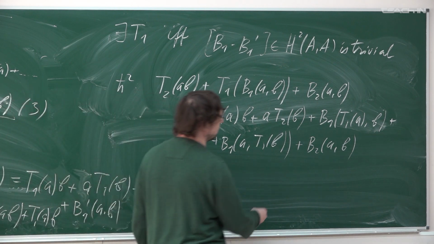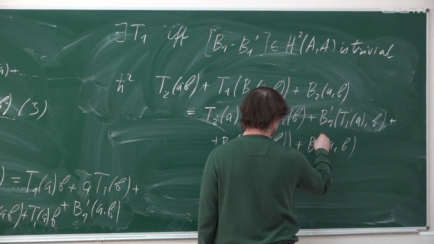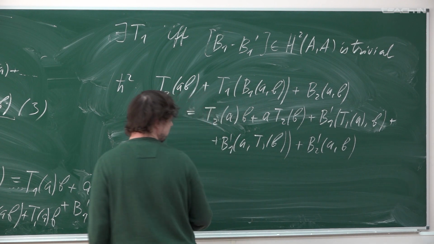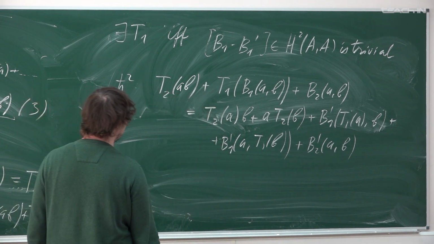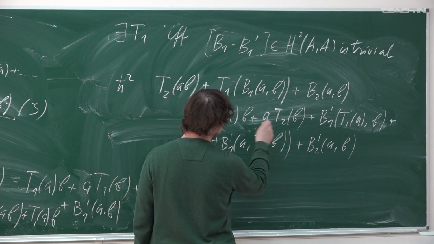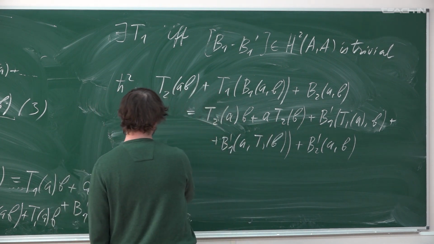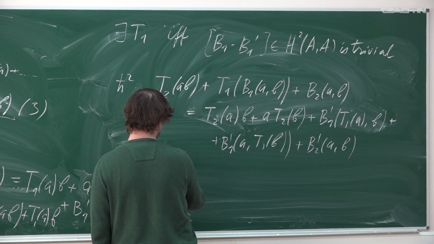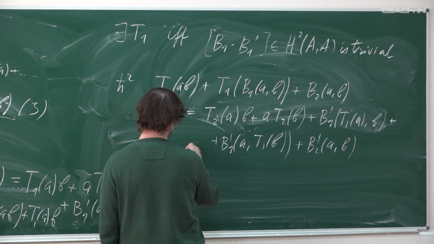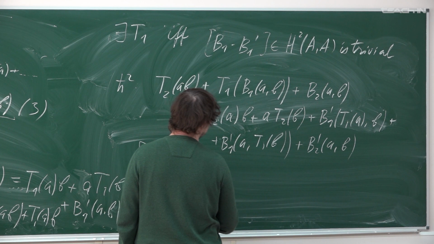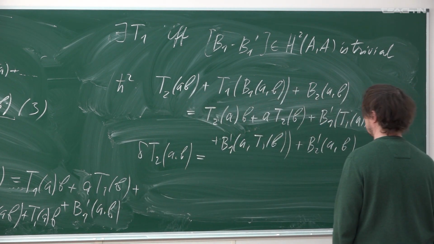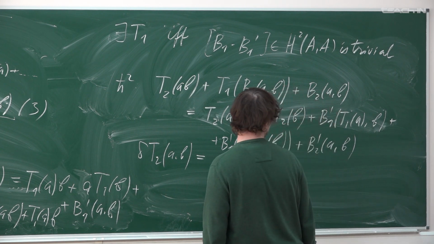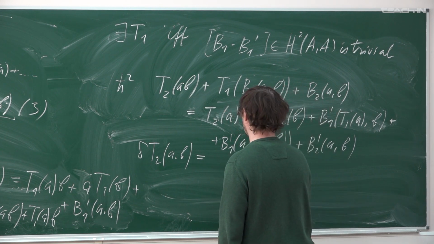Of course, on the right, we have primes. I forgot about this. That's important, but we need to remember, sorry. So again, if we collect all the terms containing T2 on one side, we'll just get delta T2 of A, B. Meanwhile, all the other terms, if we collect them on the right side, will look a bit more intriguing. It'll be B2